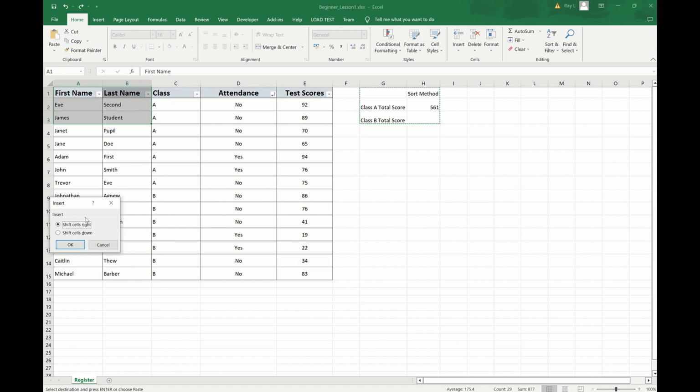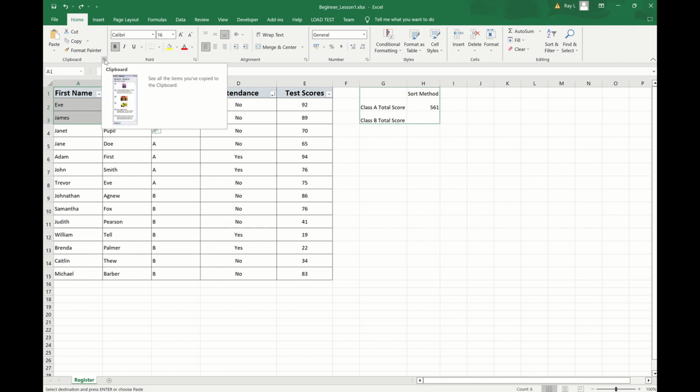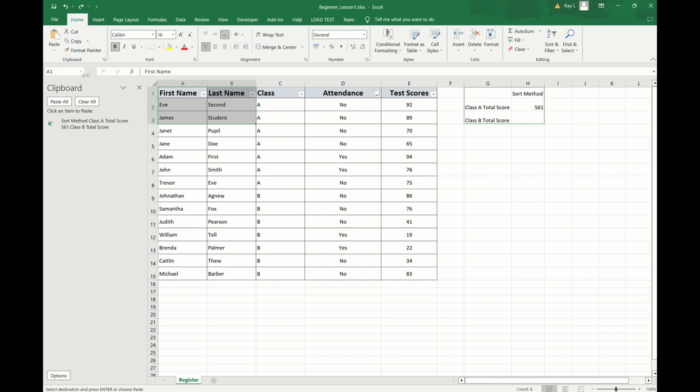Now, why is that? Well, it's because in the memory, on the clipboard, we still have this data here that we copied. So if we want to just insert some blank rows, we need to get rid of this. So I'm going to show you how to do that. Let's click cancel because we don't want to do that. If we go to the top left of the screen here, we can see this clipboard word, and right next to it there's a small icon, a little square with an arrow in, and if we click on that we can see the contents of the clipboard. It tells us this is what we've got. So if we clear this by clicking on clear all and then close this clipboard window,